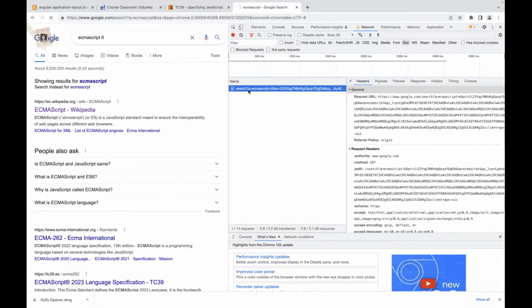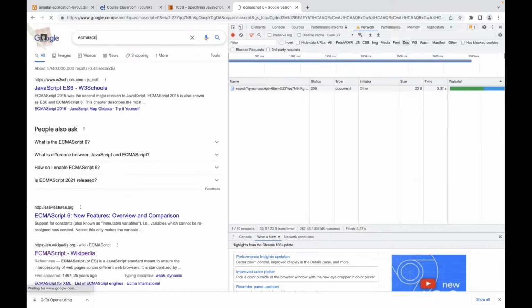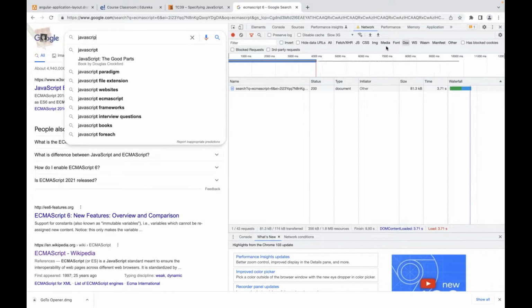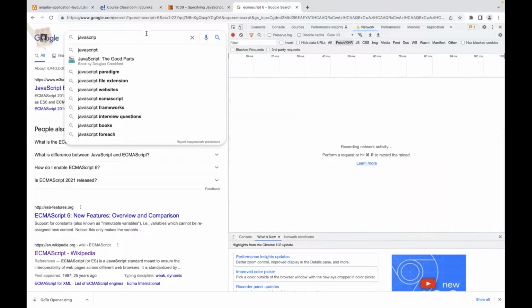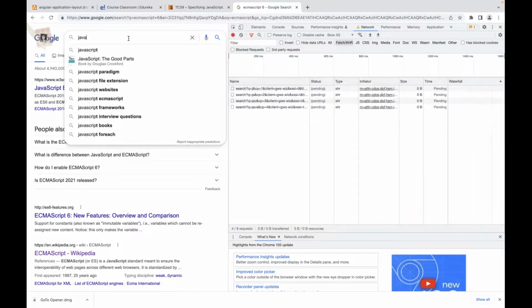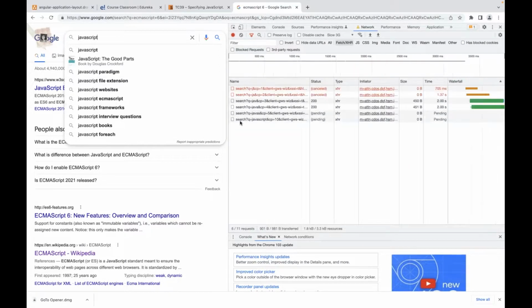You can see when I'm typing over here, let's say JavaScript, and I have to go to Fetch/XHR. Over here, I'm going to write JavaScript. When I write anything, I'm writing text in the input control, and it shows some options to be loaded. This is controlled using Ajax, where it sends an asynchronous request to the server